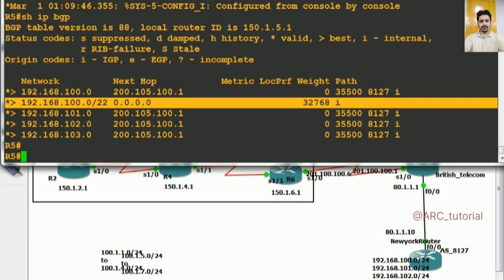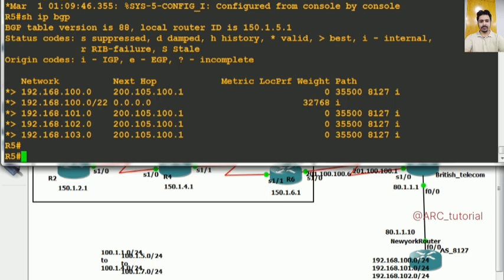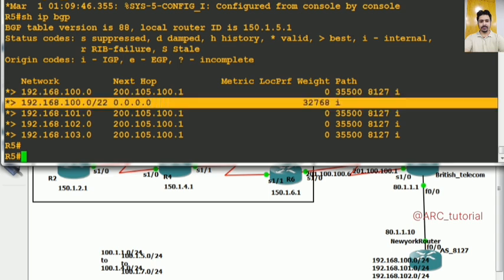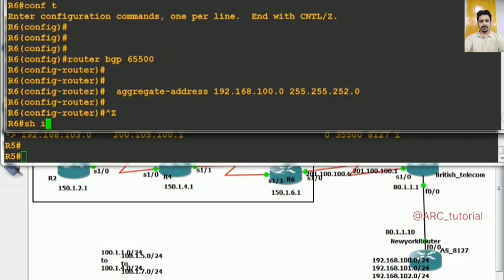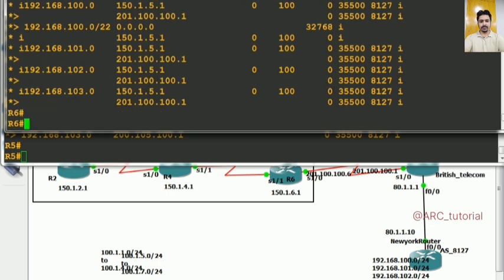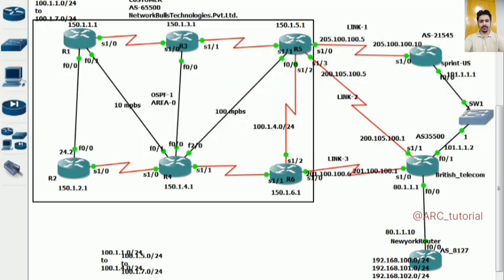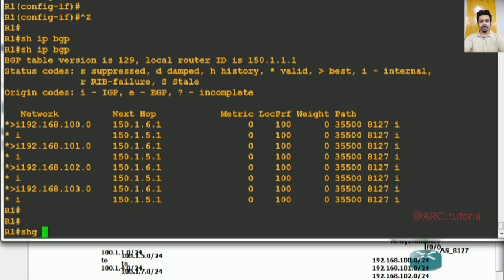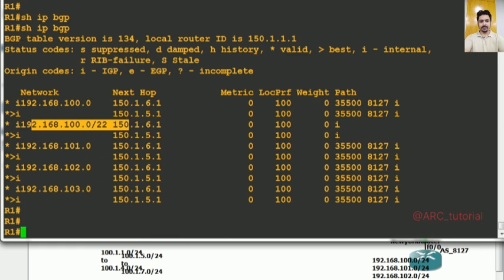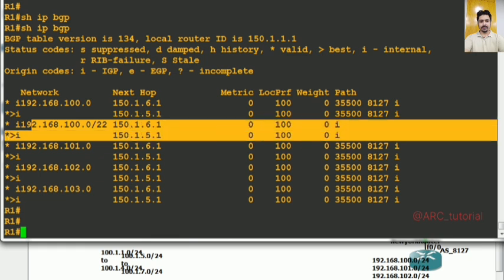Do you remember that all routing protocols put the summary address towards null in their local routing table? So R5 has installed this aggregate address in its BGP table. In the same manner R6 will also install this aggregate address in its local BGP table, and then we'll start to advertise it towards all other devices here. Like if you move back again to R1, you must receive that aggregate address from both of them. So you are receiving this aggregate address coming from R5 as well as R6, but